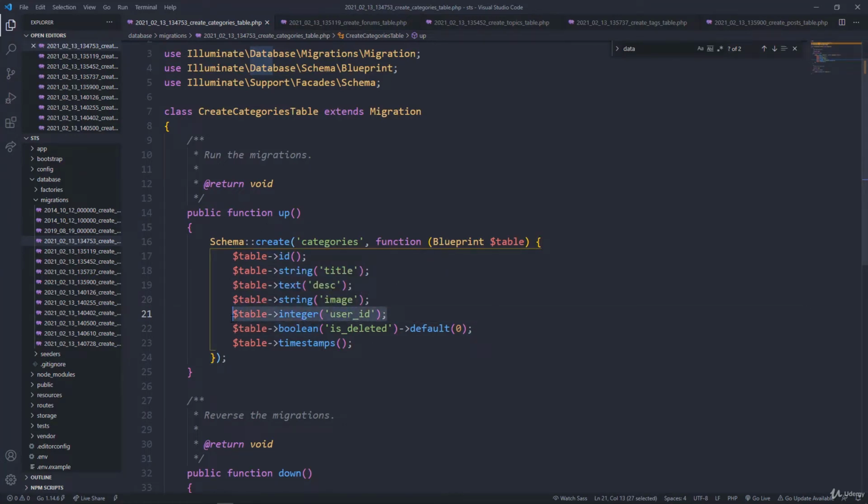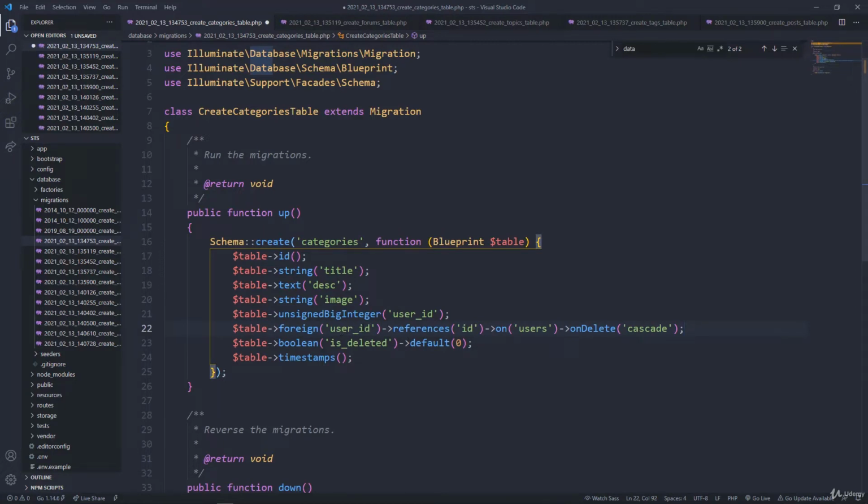So I'll just paste this code here, and first I'm relating the users table and the categories table, right? So the string, we have the unsigned integer, which is user ID, and then you have the foreign user ID, and it references ID on the users table and on delete cascade. So on delete, all the categories that were created by that user will be deleted. Okay, on total delete, but you're going to have soft delete. So that is all you have to do in the categories table, but you have to move to also